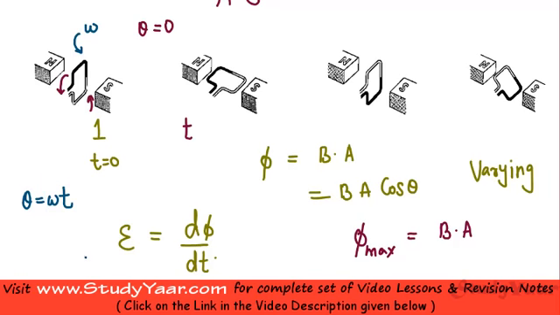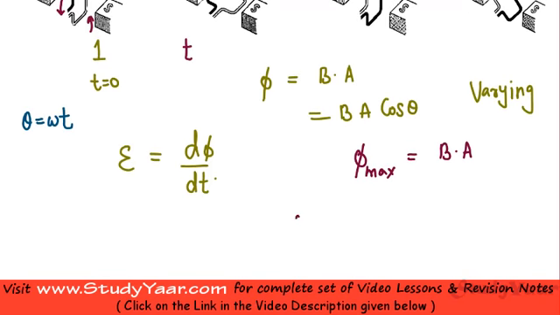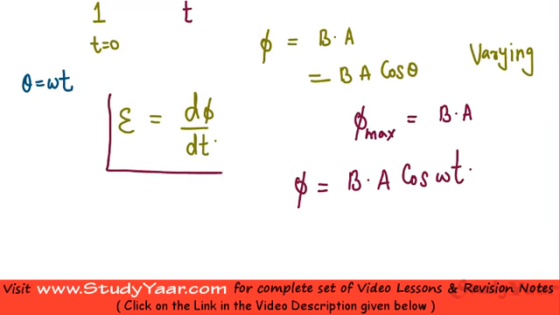So instead of theta over here, I can say my phi is equal to B into A into cos of omega t. I know over here my induced EMF is d phi by dt. Therefore, I can say my induced EMF is equal to d by dt